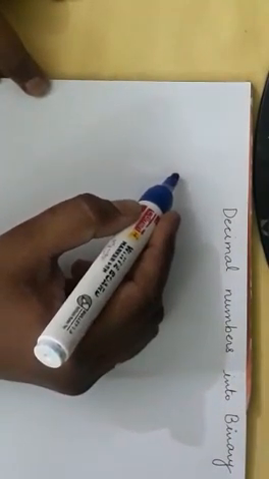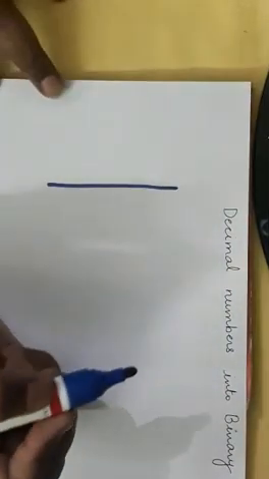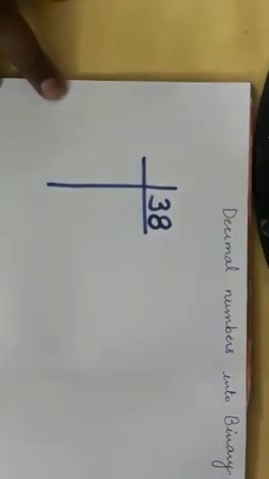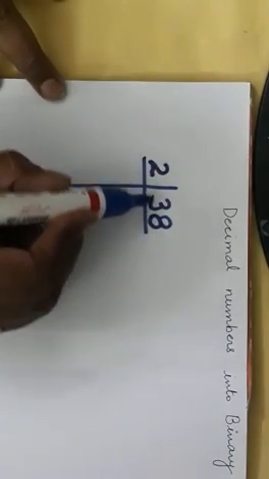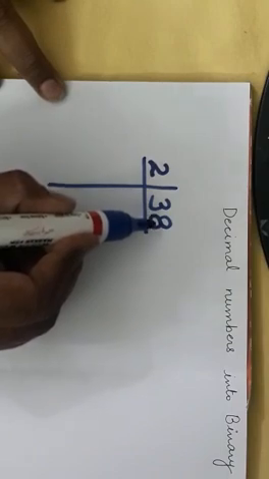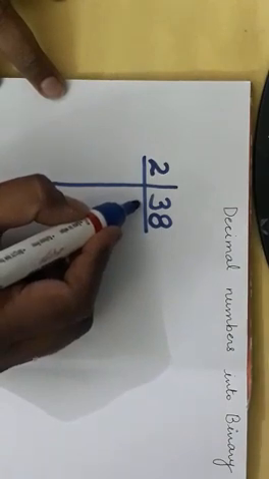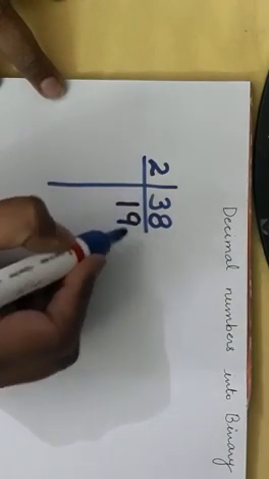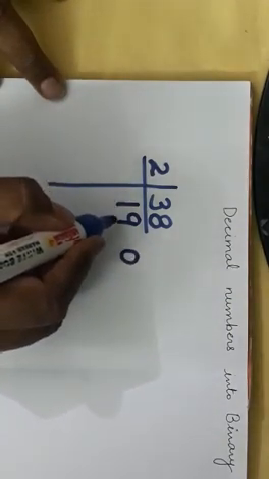Let us take one more example and try to understand the second method to convert a decimal number into a binary number. Now suppose our number is 38. So how do we do it? Again we will write the base number 2, read the table till 38, and you will find that the number will divide 19 times, the remainder will be 0 and the quotient is 19.